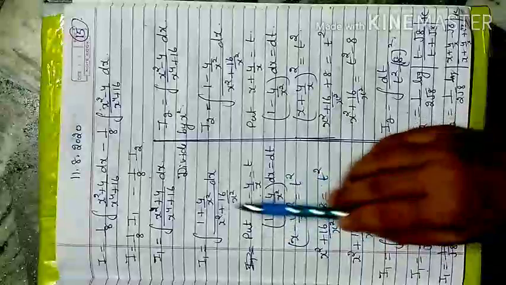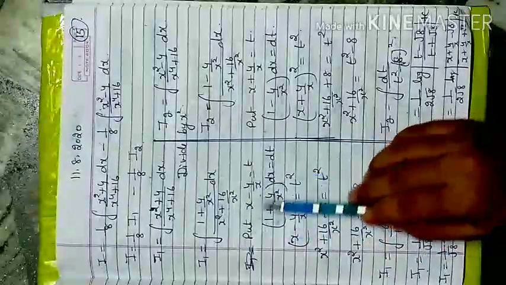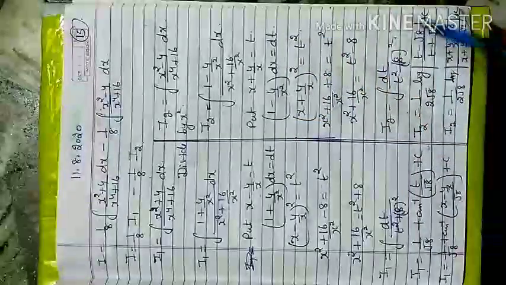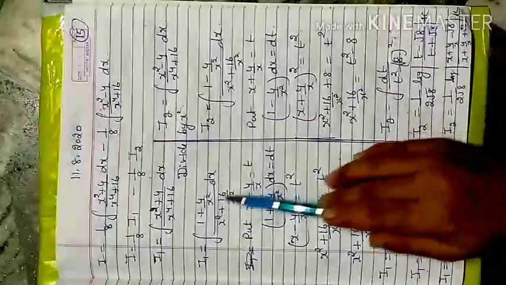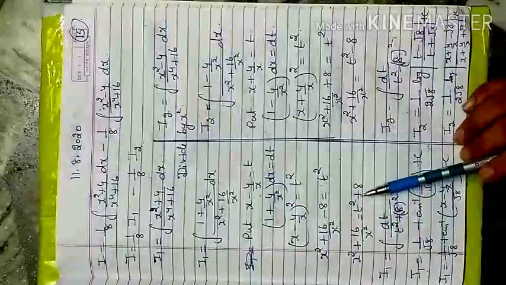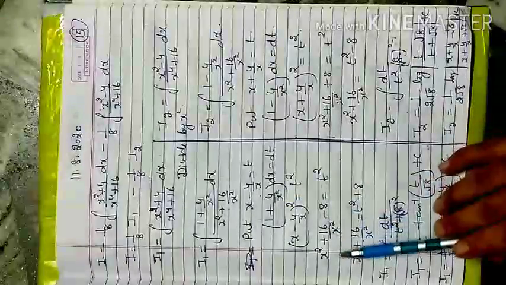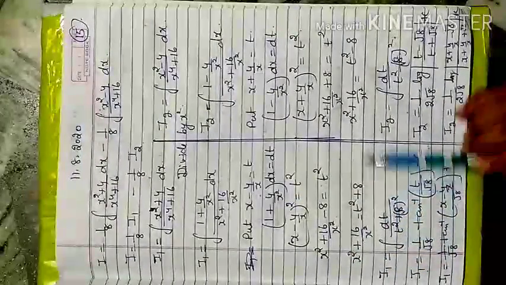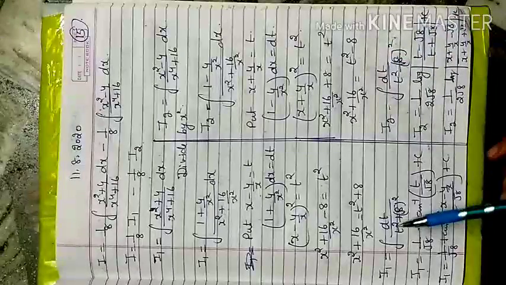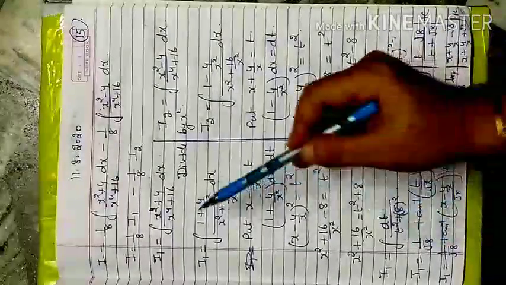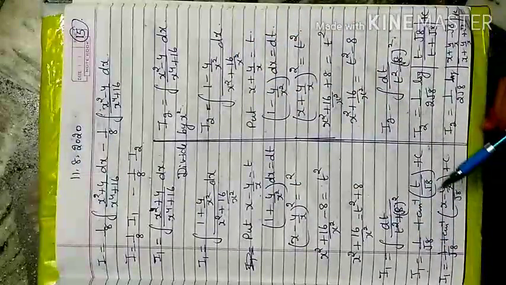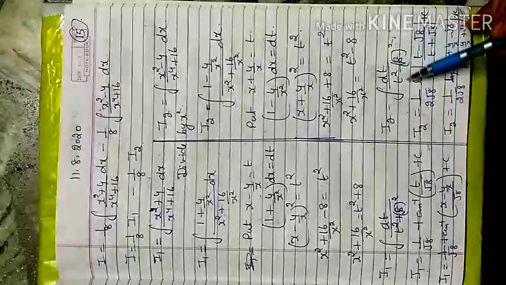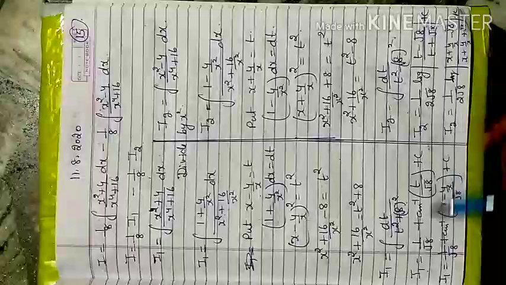Now, when I differentiate, the numerator exactly becomes dt, and here also the numerator becomes dt. Now to remove the denominator's form of x square, go with the perfect square of this one. You get x square plus 16 by x square equals t square plus 8, and here t square minus 8. Now you replace back in I1 and I2 in the form of t, which becomes dt by t square plus root 8 whole square, and dt by t square minus root 8 whole square.